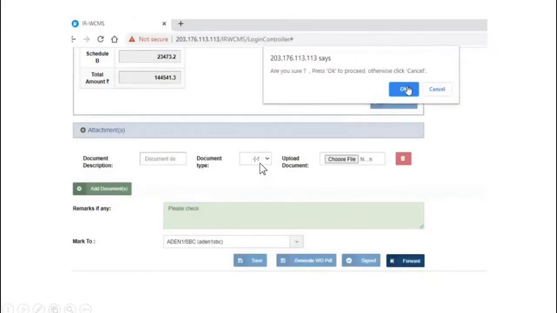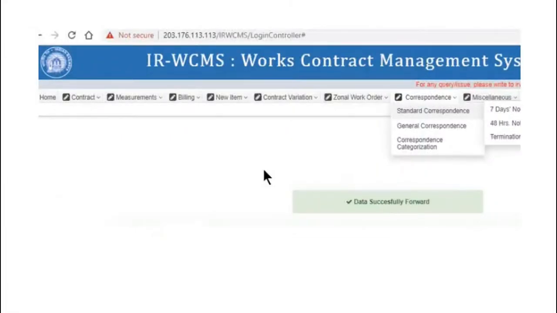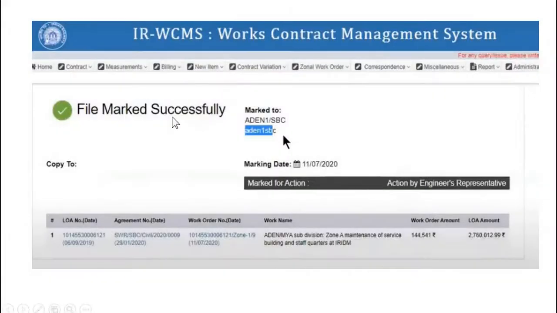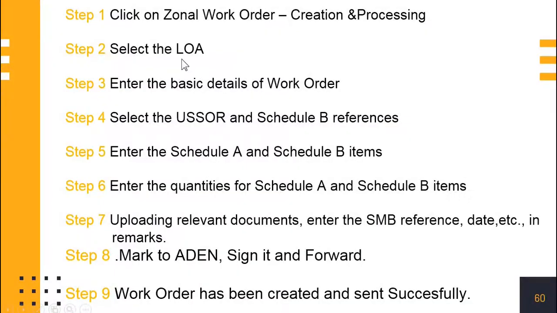After that, press forward to send it to ADN. Click OK. It will be forwarded to ADN. Data successfully forwarded. File marked successfully. So we know we need to click on zonal work order, creation and processing. Select the LOA, enter the basic details of the work order, select the USSOR and schedule B references,